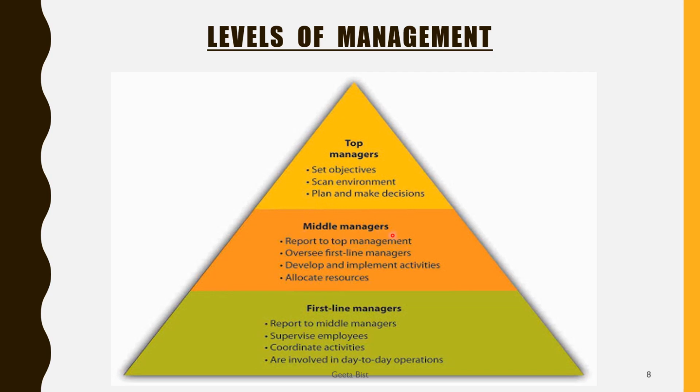To keep it simple, the first two things you should note are that middle level managers work as the link between the top level managers and the first level managers. Firstly, they have the responsibility to report to the top management. Secondly, they have the authority to oversee the first line managers, to check that what they are doing adheres to the process of the plan as suggested.